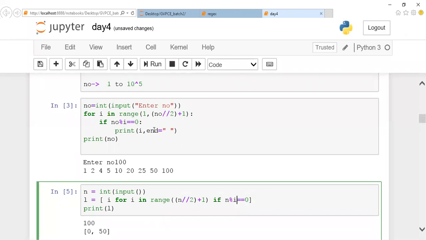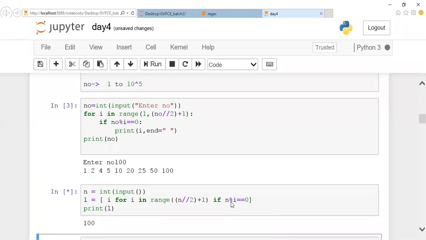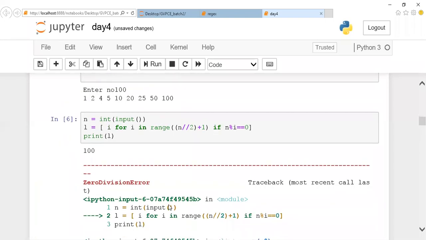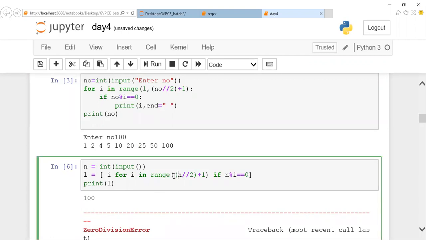The same process you do is done by using a for loop. No need of worrying about the for loop here, but you're supposed to concern about this one. Now if I execute it, it will print this value. These factors will be printed. What happens? Just a minute. Zero division error. Okay, zero is included. We're supposed to avoid the zero, right? Just a minute, I didn't notice this one.